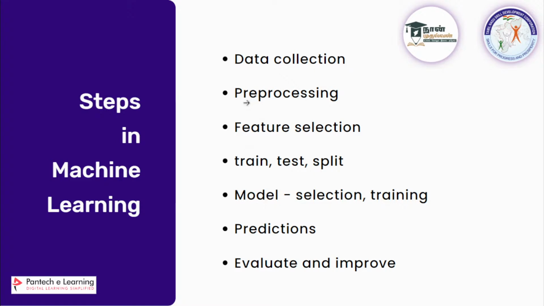The first one will be pre-processing. There are many things you have to consider, because in a machine learning model you cannot give all the data as such, it will give you improper prediction. So if you want accurate prediction, you have to do pre-processing. There are many things you have to check. Once you check all those things, you have to perform feature selection, which is important: which columns you are going to give to the machine, you want to finalize it.